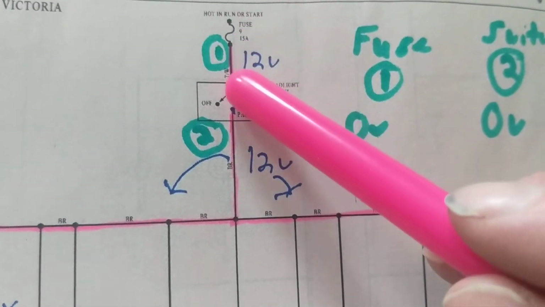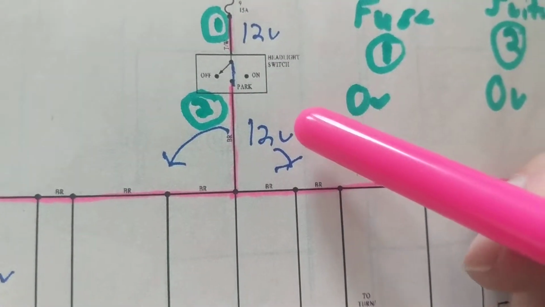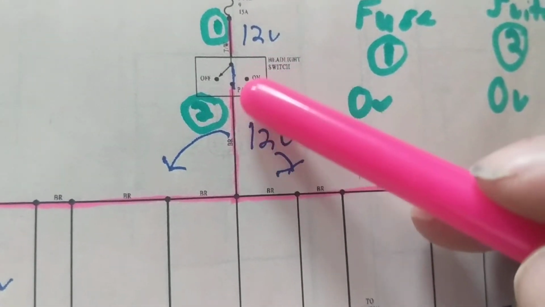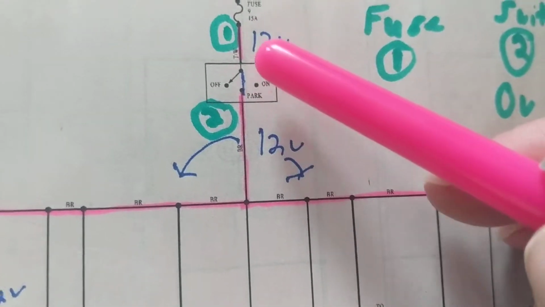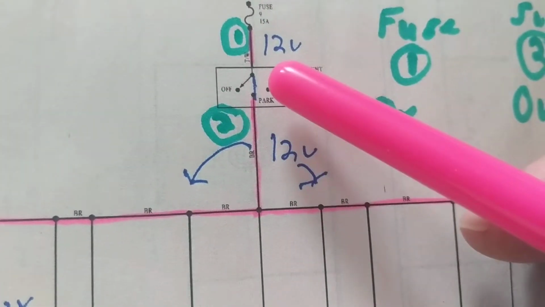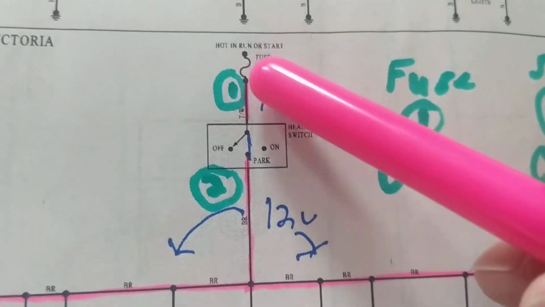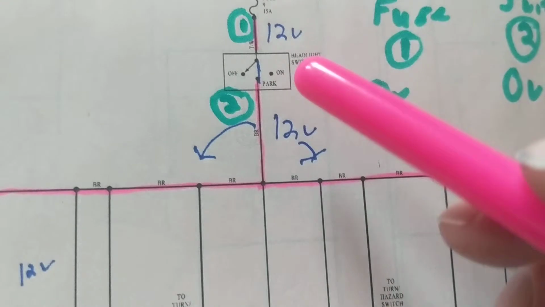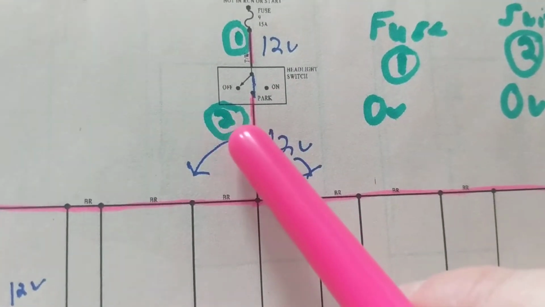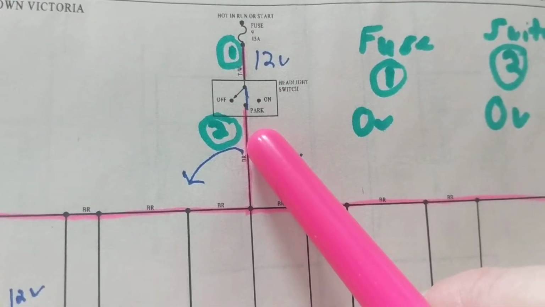We come over here, current flows through the switch. What should we get at the other side? Well, we should get the same thing as here, 12 volts. We should not lose any volts. This is not a resistor. It's just a simple switch. So remember, through a fuse, through a switch, you do not have resistance, and you will not lose any voltage. So therefore, 12 volts over here, 12 volts over here. 12 volts over here tells me that if I go over here at number 2, all this is working